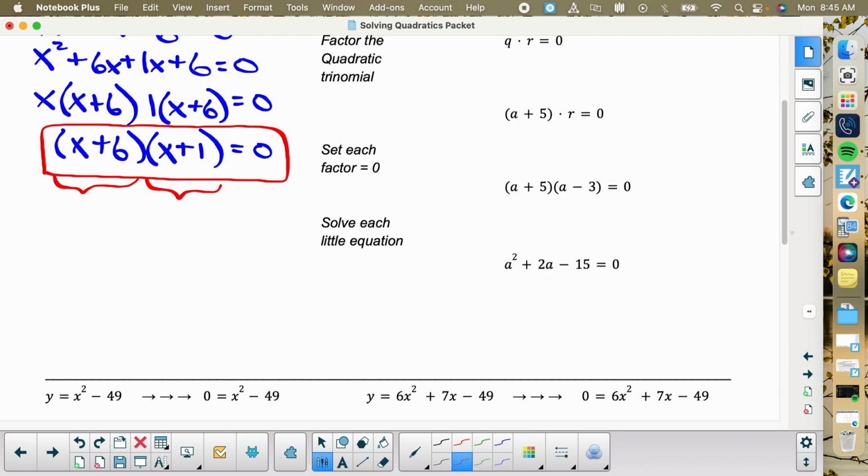Once something is factored and you know the answer is going to be 0, we know that either one of these two is going to be equal to 0 itself. Our goal is that when we're done, we could put a number in place of x, and one of these is going to come out to be 0. So, if we have something factored equal to 0,